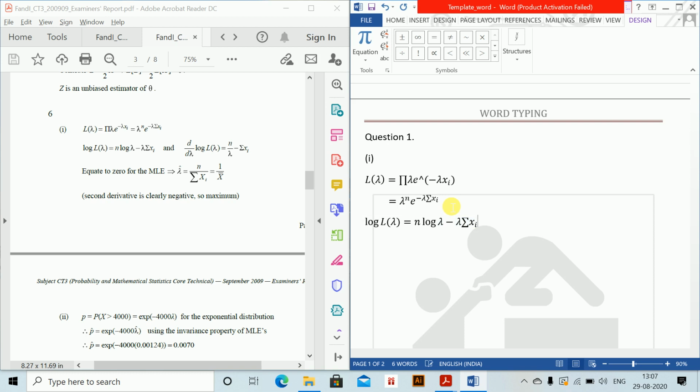Okay, next line alt equals to differentiating d by d lambda of, now I'll not write, I'll just copy this, log L lambda